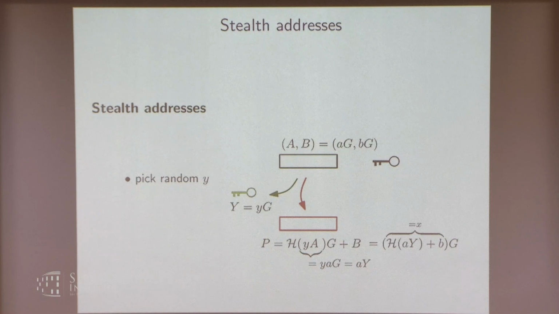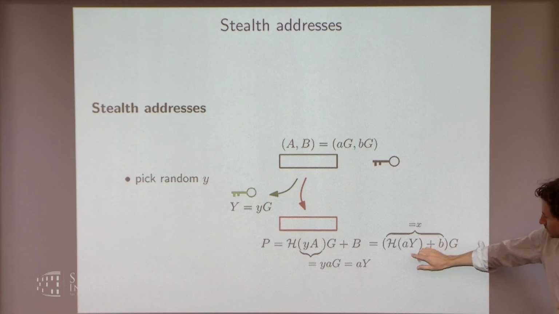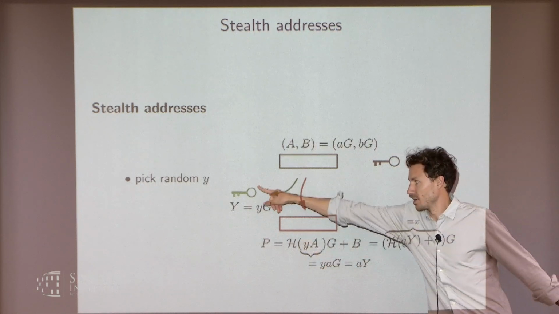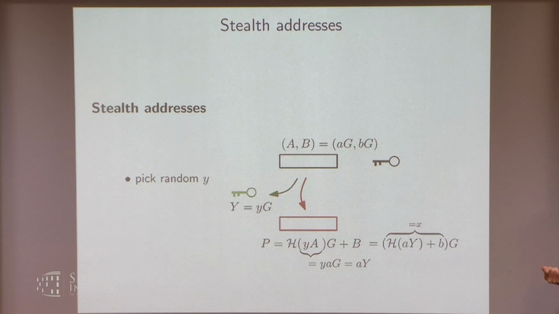What's the point of B? So what if B was not there? Then the secret key for this new address would be small a times capital Y, which is this value which the sender knows. So you would send it to an address which would basically amount to the same as what you proposed, to have an address to which the sender still knows the secret key. Would it be fair to think of B as just a random shift of the shared key that only you know? Yeah, I guess you could do it like this, yeah.